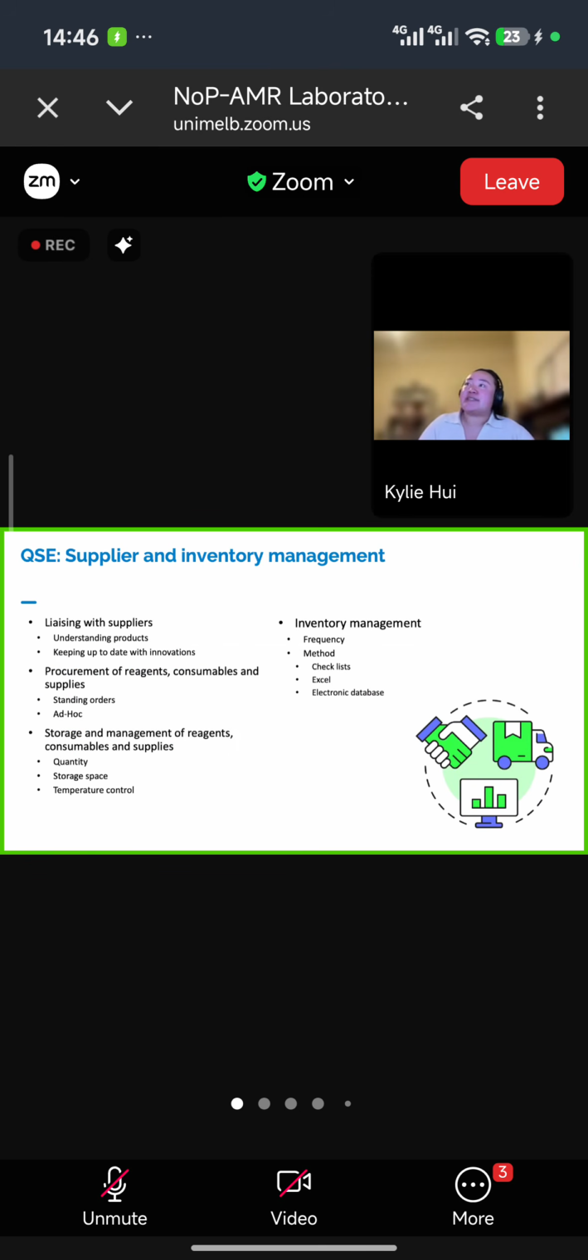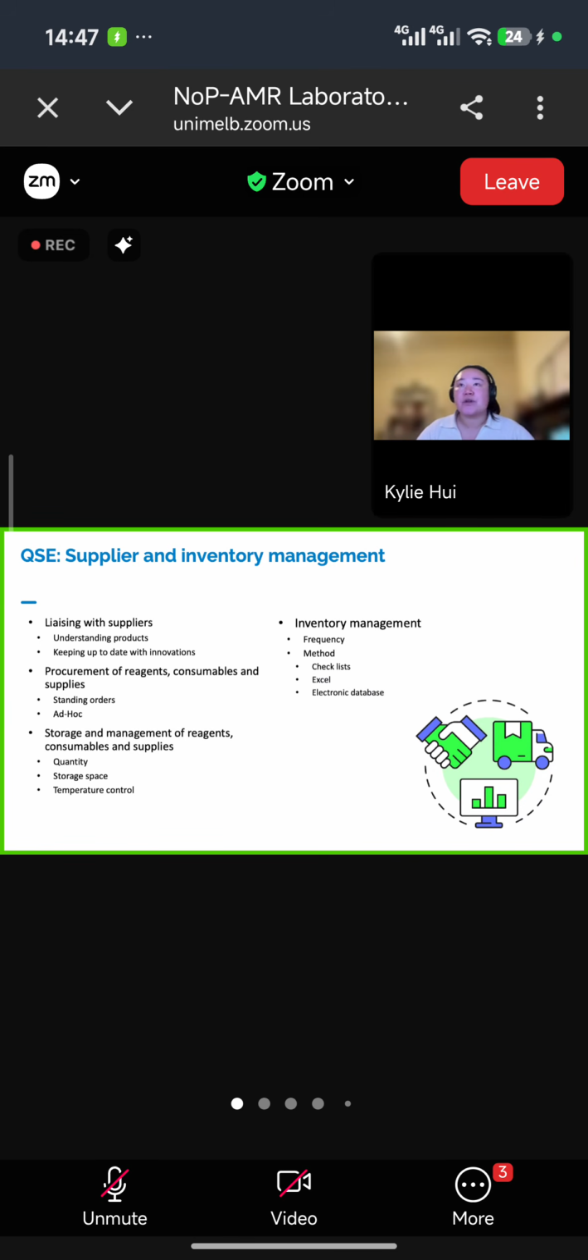Supplier and inventory management. So this is quite important because it has a lot of different layers. The first one is to liaise with your suppliers, to identify some of the suppliers that you might need for specific reagents or consumables. We want to understand the products, but also to keep up to date with the innovations. So for example, if we were using this test to identify oxidase production for a very long time, it's important for us to understand what the new technologies are out there to see if it's cheaper and